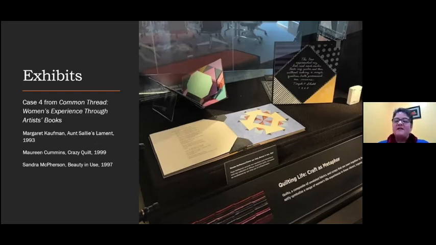It was great because with Beauty in Use, we actually turn the page every 2 weeks, as we did with Anseli's Lament, just to keep anything from fading or getting any light damage. And that was really fun too, because there were definitely student employees and other colleagues who would walk past them on a regular basis and have a look just to see if we changed the pages yet. So that was really fun.